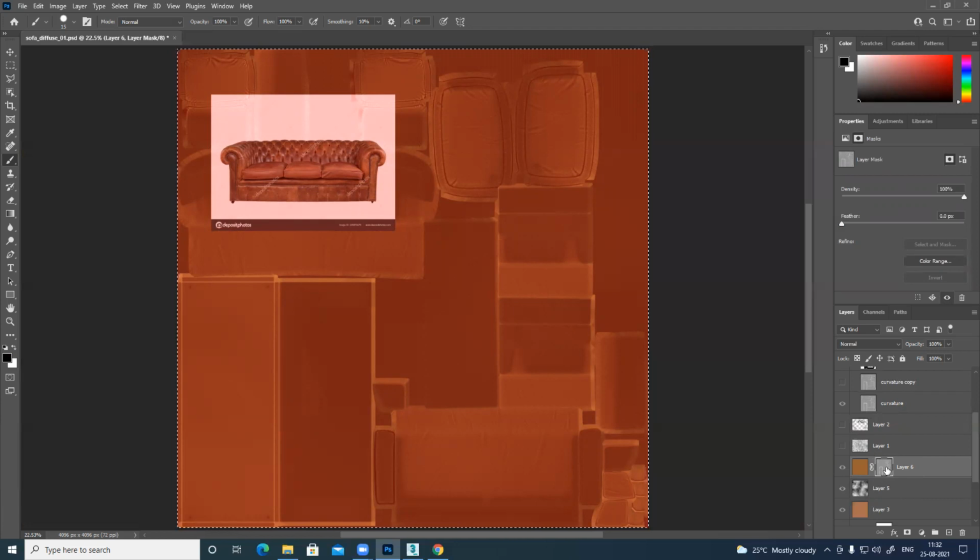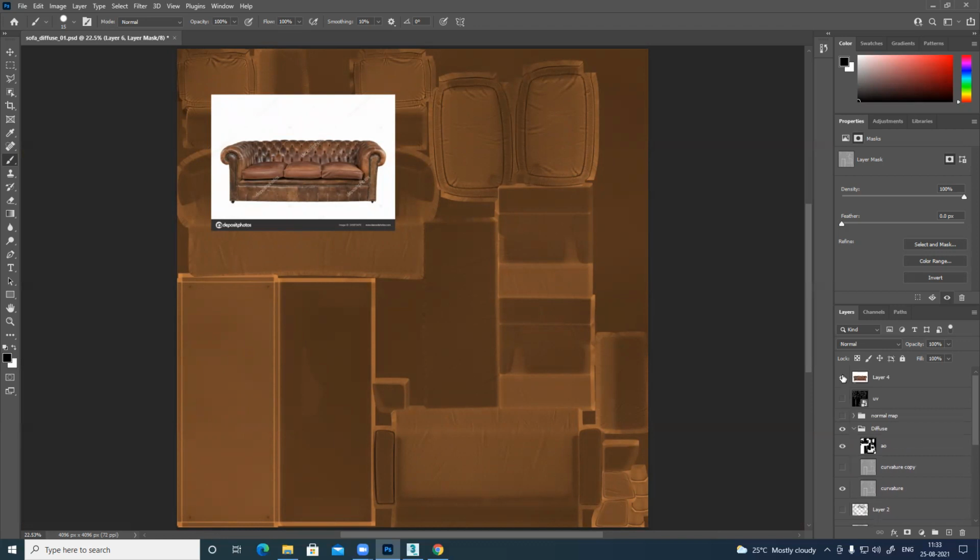Now, Alt click will expose the mask, but it cannot paste anything. You can paint things, you cannot paste anything into that. So for pasting, you have to switch on the quick mask and then paste it. You can see the moment I pasted, this entire thing becomes red because quick mask is active. Quick mask color is red. It was white, that's why it wasn't showing anything. If it's black, it will make everything red. So again, press backslash, the red will go. Control D, deselect.